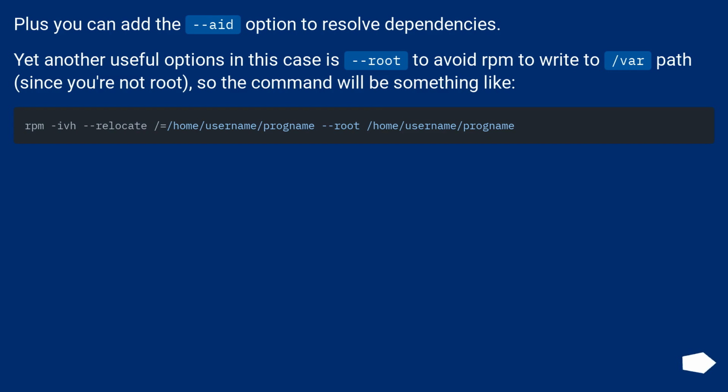Plus you can add the aid option to resolve dependencies. Yet another useful option in this case is root, to avoid RPM writing to the /var path, since you're not root. So the command will be something like